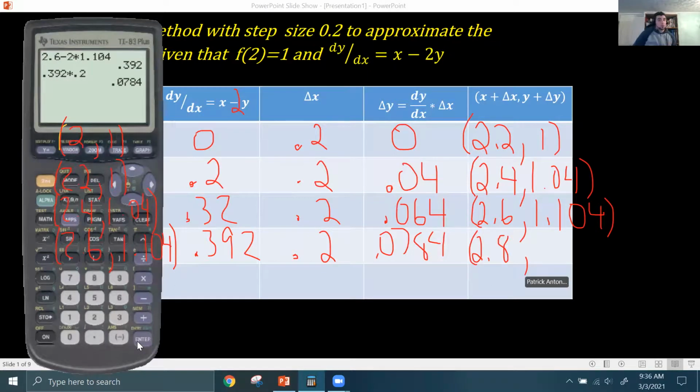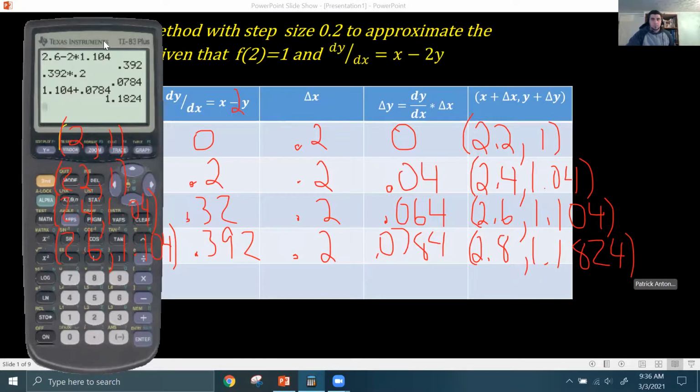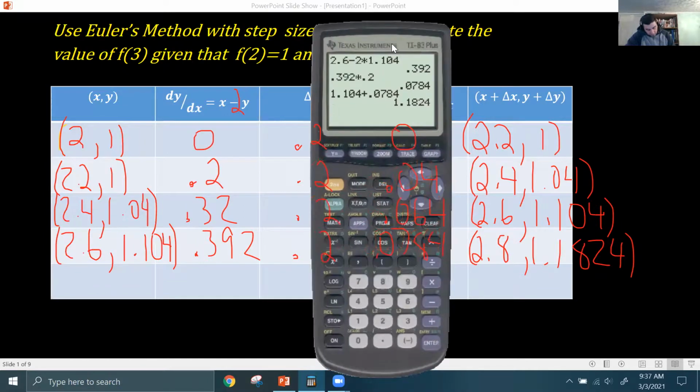Now our new x is just the previous x plus our delta x, which is 0.2, so you get 2.8. We're close. You can see the next line, we're going to get our answer. And then our new y is the previous y, so 1.104 plus 0.0784, and you get 1.1824. Okay, so then that becomes the new point, so 2.8 comma